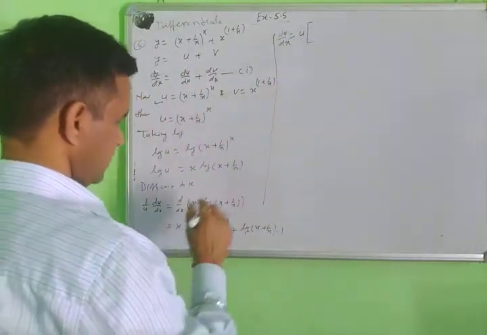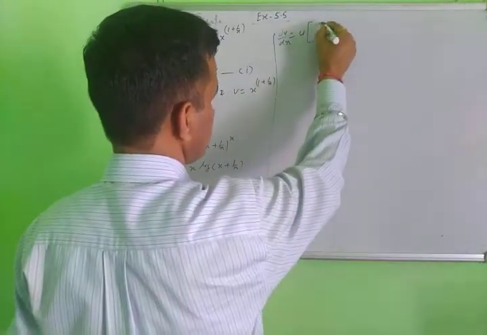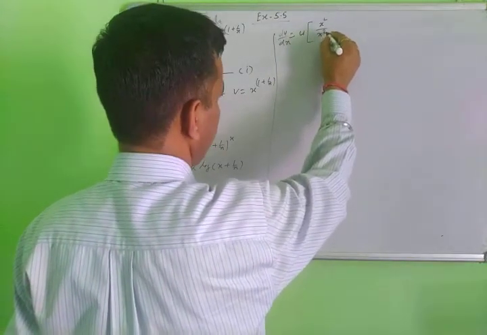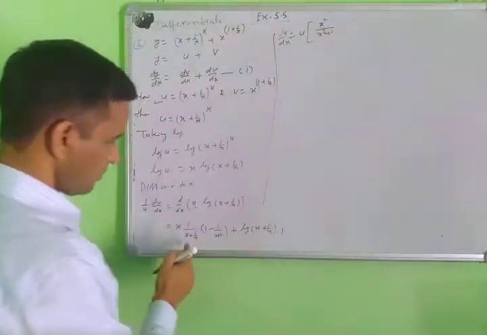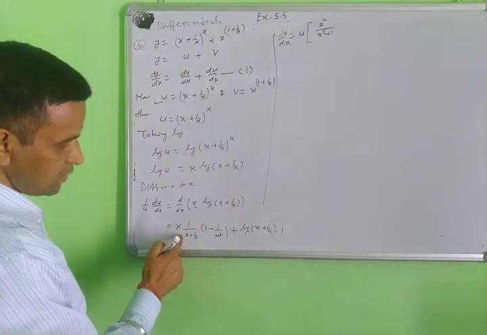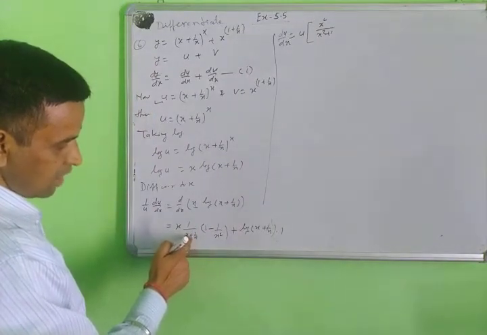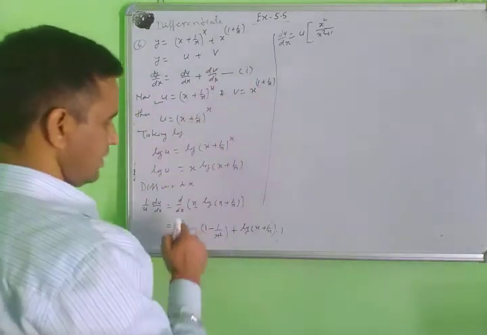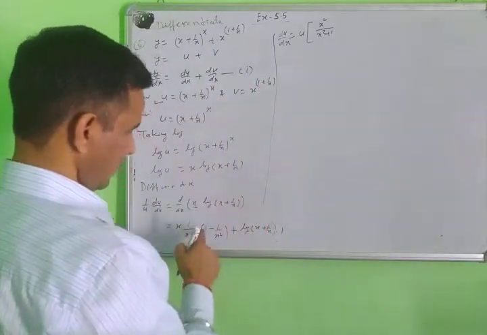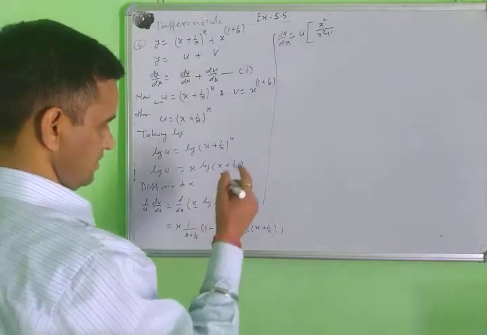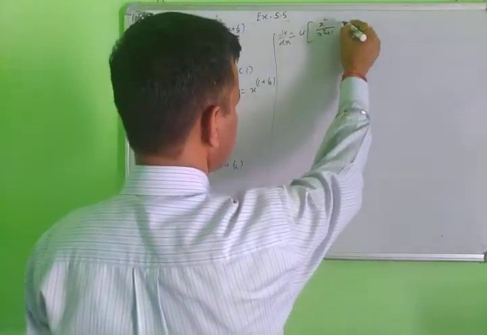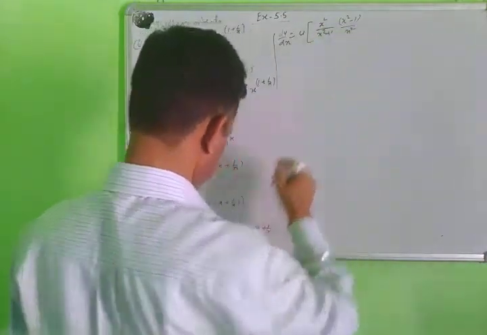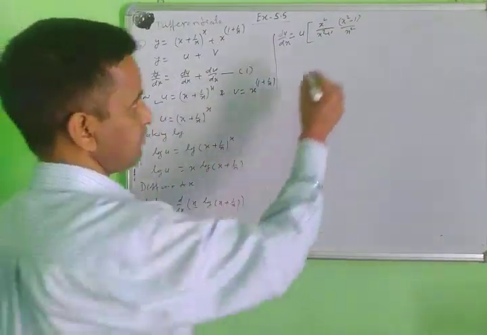Now solve it. x square upon x square plus 1. Solving this part, taking LCM: x into x square plus 1 upon x. This x will go to the numerator, x into x square, and here x square minus 1. Here I am writing x square minus 1 upon x square. This step plus